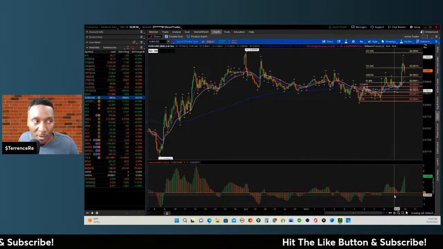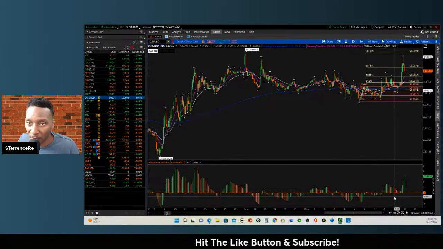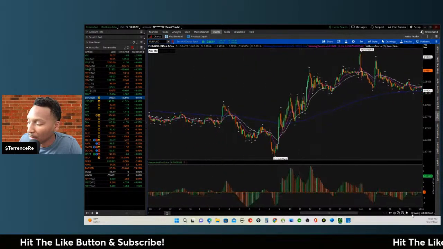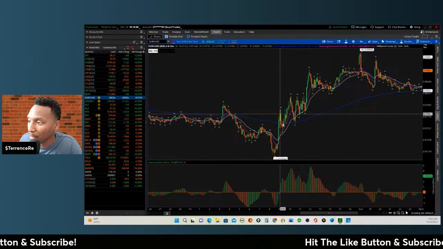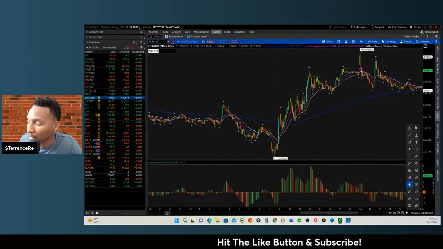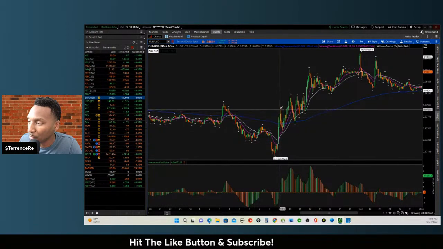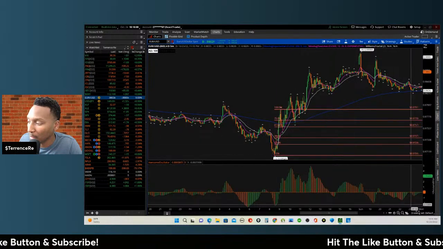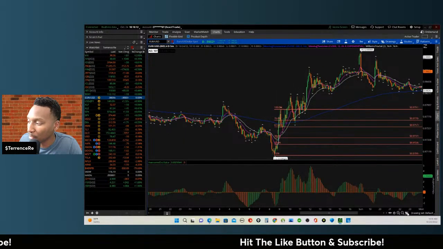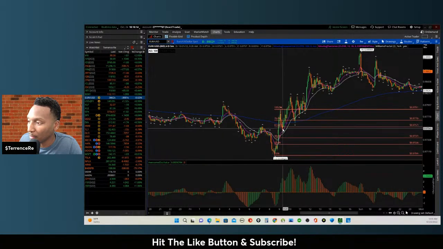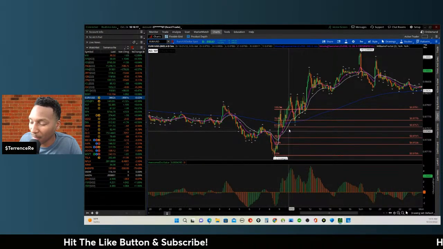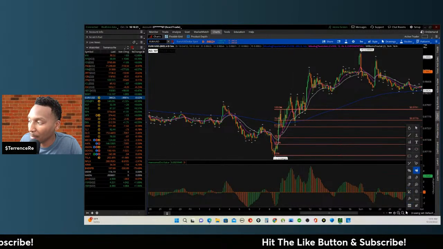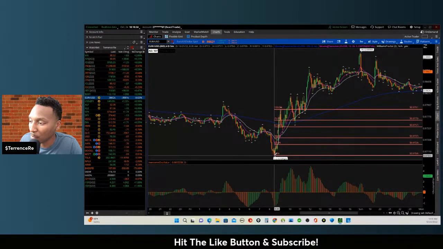If I open up TastyWorks, I don't know if it's going to make this buffer because I'm doing this live. All right, so once I see that bull flag right here, boom, I come in and I put my Fibonacci retracements on, right? And I measured the move, and it's down in my sweet spot. This is my sweet area right in here. I actually saw this back on Friday, and I saw it this morning when I pulled it up. So this automatically tells me I want to be bullish